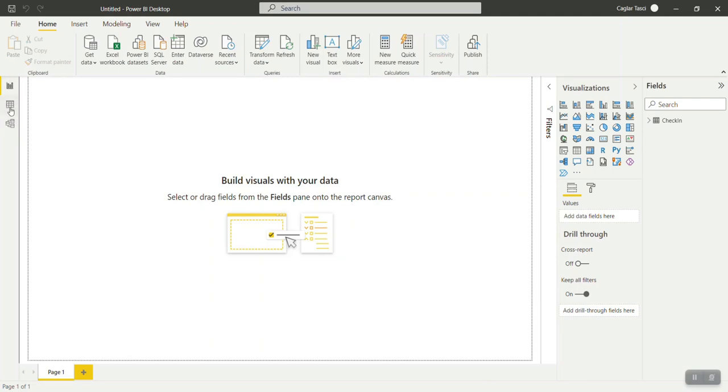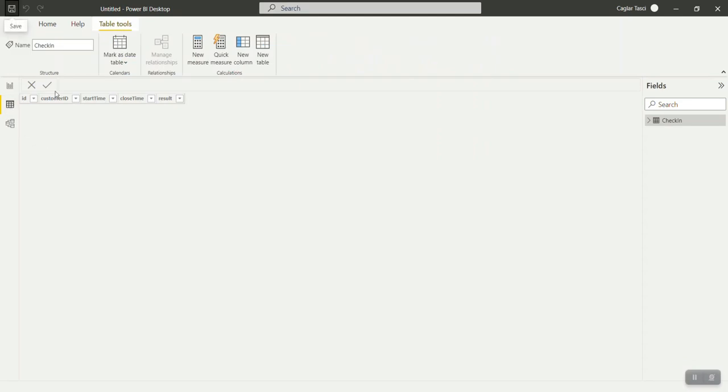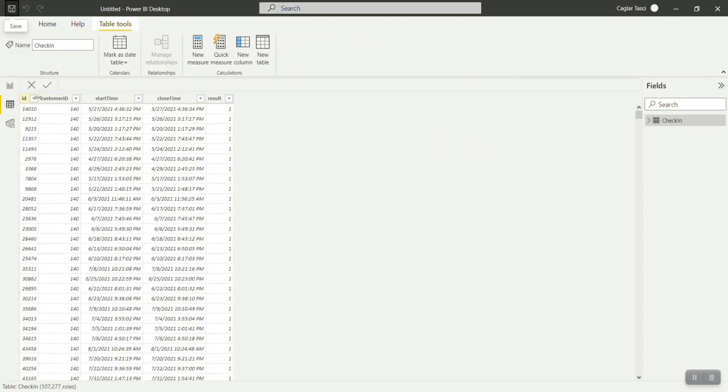I will quickly show you the data view. As you can see, once we have transformed, we only have these 5 columns. Now I will also give you a look at the model view. In the model view, you can see all the relationships between the tables that have been created, and this helps in understanding and in slicing and dicing of data.